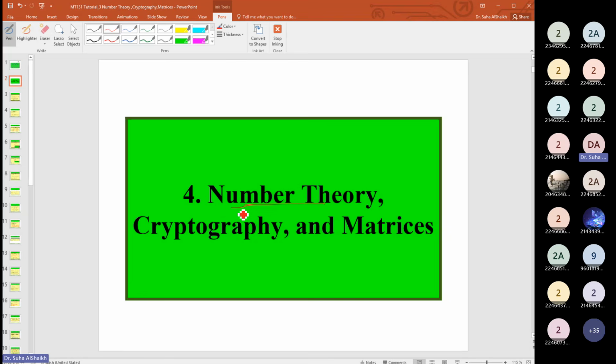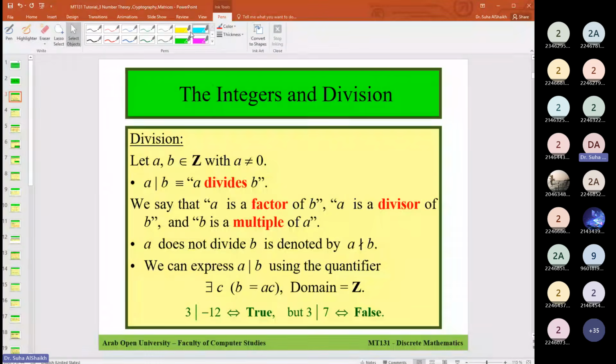What type of numbers are we going to talk about? We're going to talk about the integers, the Z. Now, integers, we're talking about the negative numbers, -3, -2, -1, 0, 1, 2, 3, and so on. So whenever we talk about numbers in this tutorial, we're talking about integers. So the first concept we need to know about the integers is the